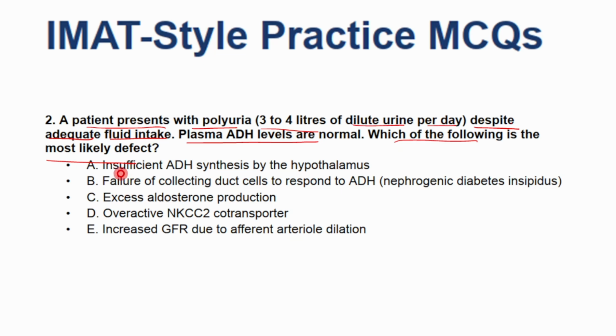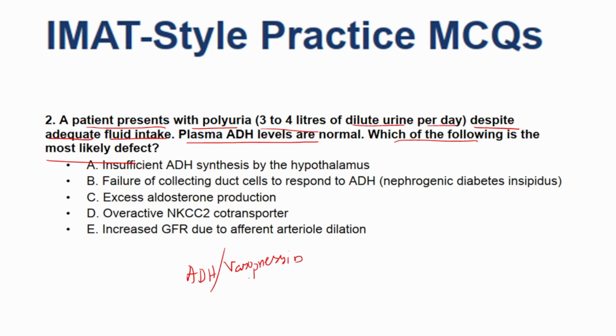Options are insufficient ADH synthesis by the hypothalamus, failure of collecting duct cells to respond to ADH, excess aldosterone production, overactive NKCC2 co-transporter, and option E is increased GFR due to afferent arteriolar dilation. Okay, so to solve this question, let's talk about antidiuretic hormone. ADH is also known as